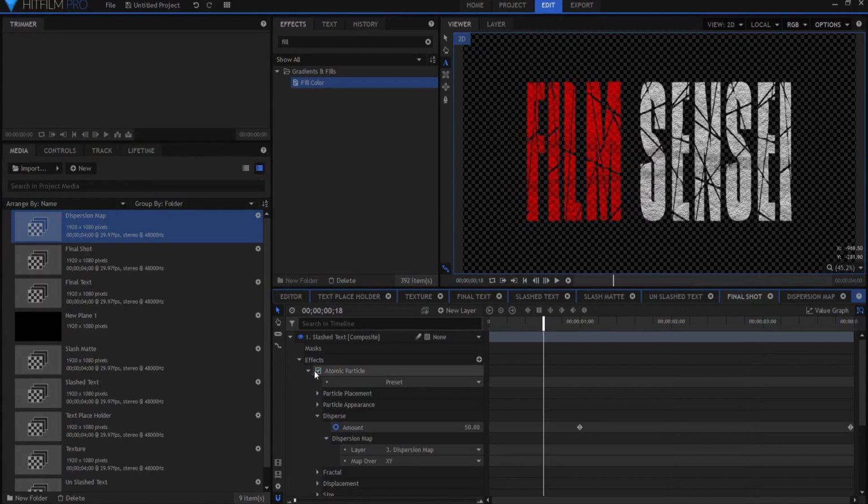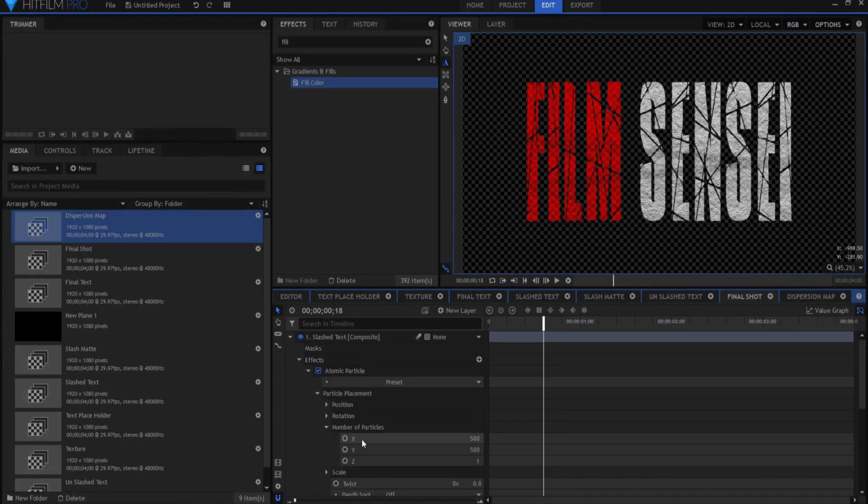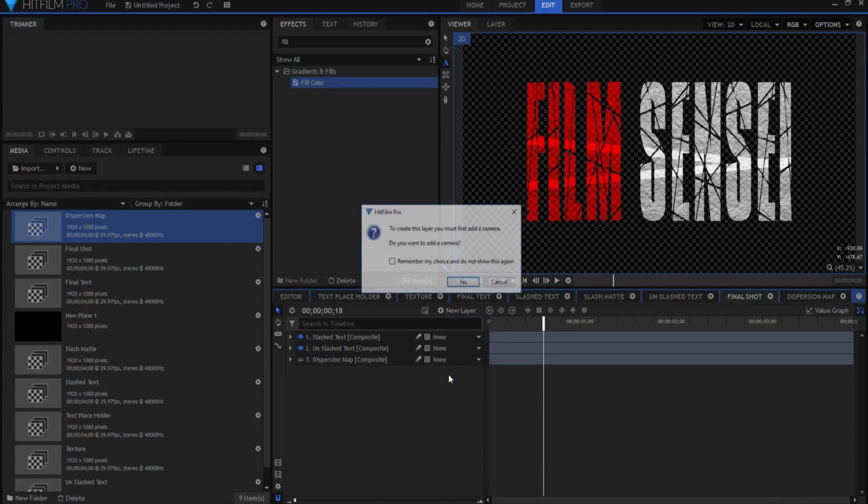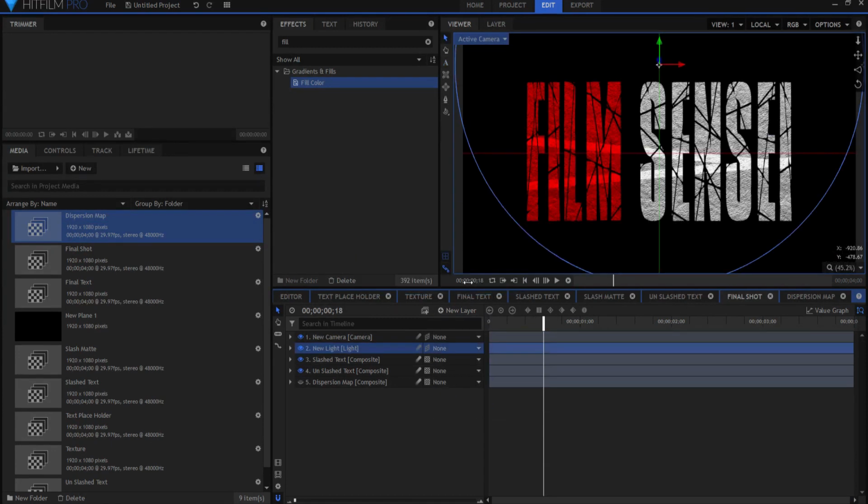Why is that? Well, that's because the number of atomic particles is low. So I would go ahead and crank that up. But when I do that, it makes it harder to see, right? Also, if I were to add a light to this scene, then that would sort of change that number as well. That's probably too much. And if I were to